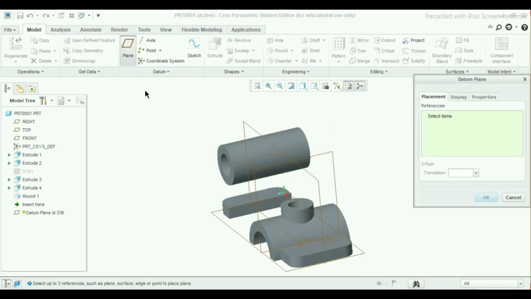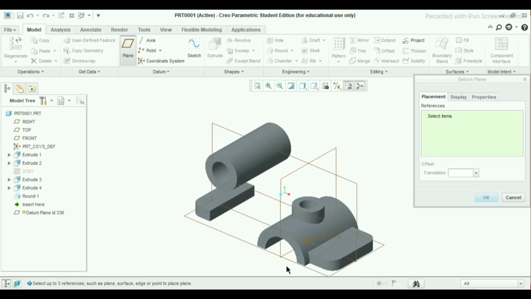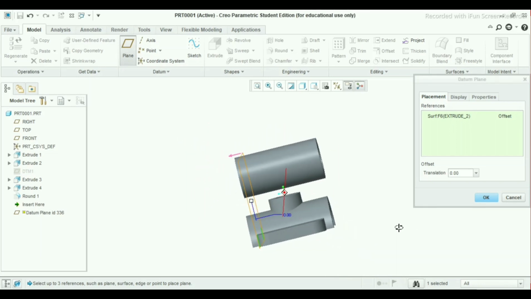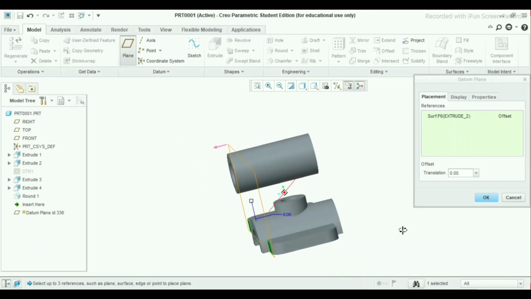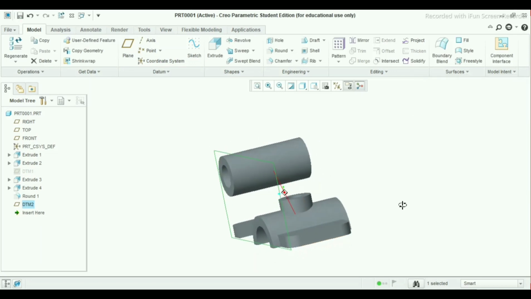Again choose plane. Select this surface. Translation will be offset 0. Make it. Click OK.